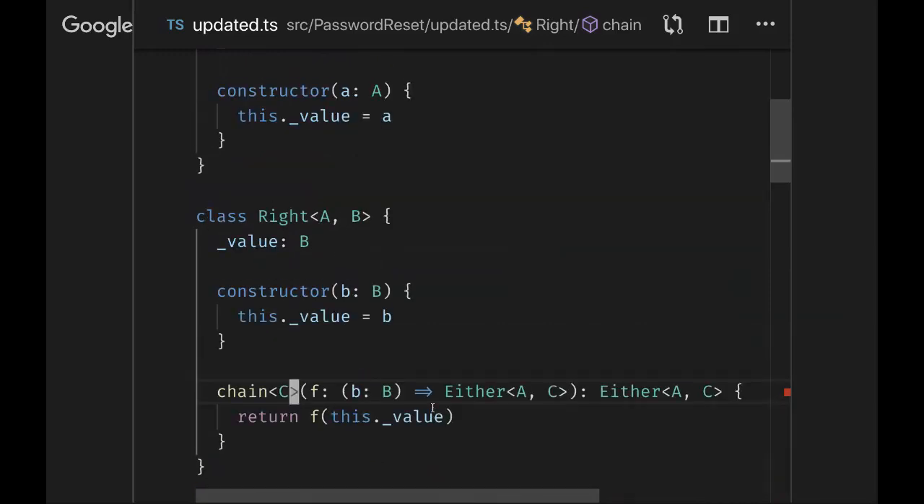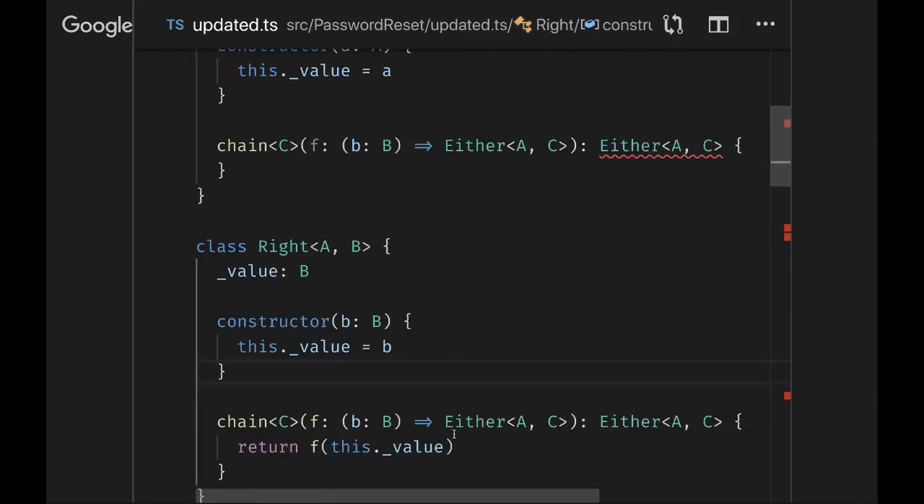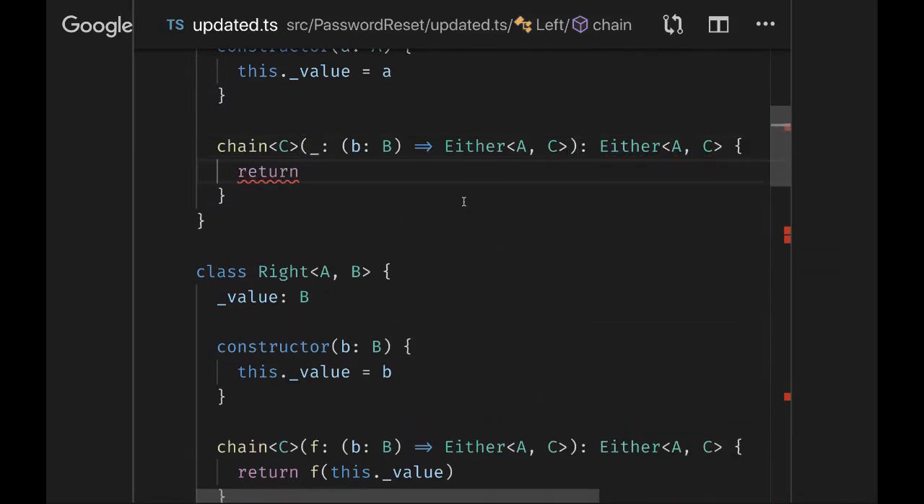Now, and again, the goal of this is to have a consistent chain function that both sides of the either can use. Where the notion is, if I have a right value, apply the function. But if I have a left value, don't bother applying the function. There's nothing to do. Instead, just return